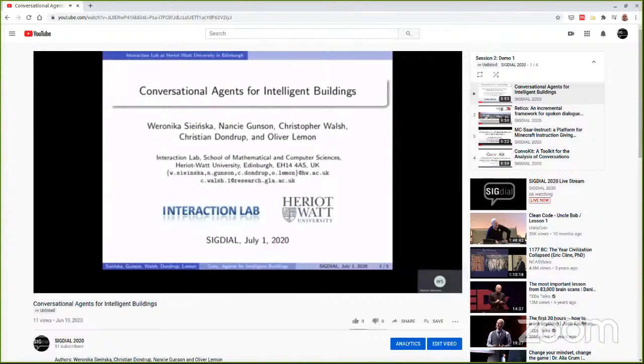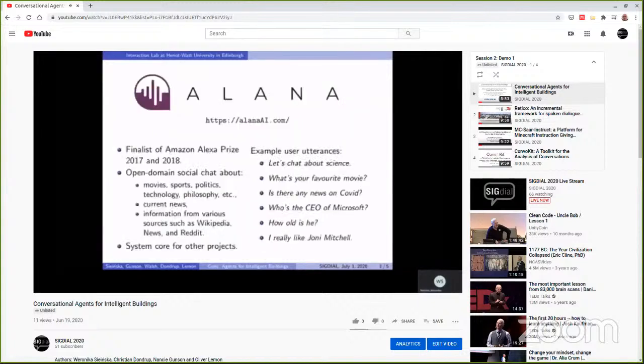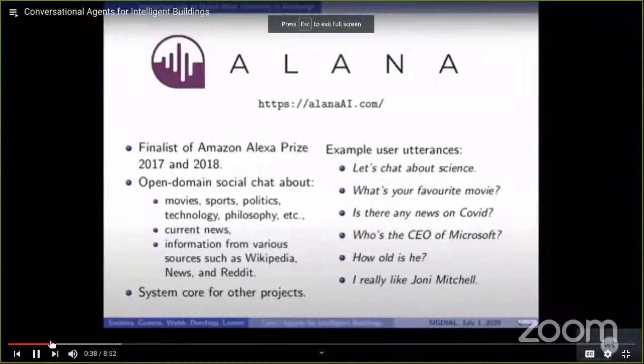The title of our paper is Conversational Agents for Intelligent Buildings, and I'll start with a brief description of the conversational agent that we've developed. In our project, we used a social bot called Alana, which had originally been created at our university for the Amazon